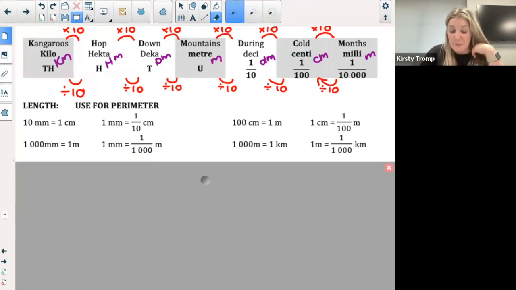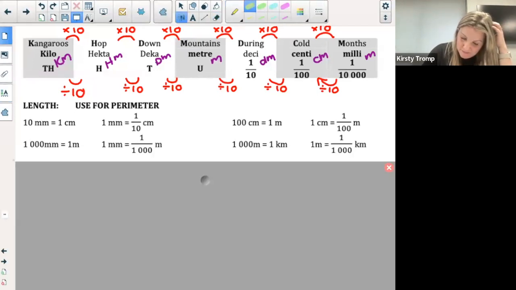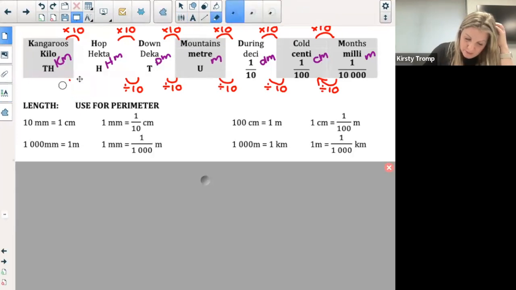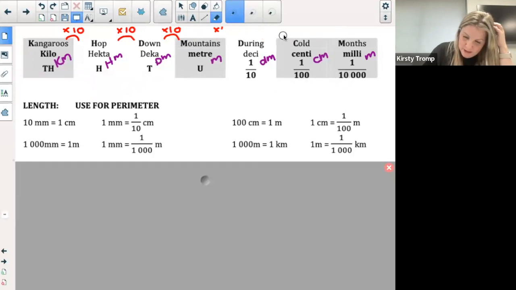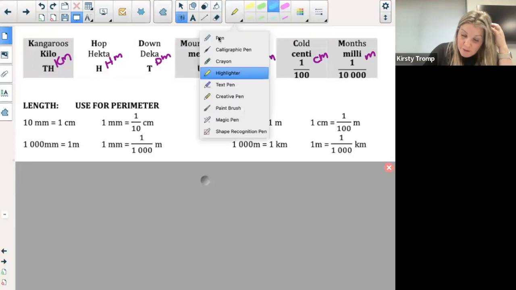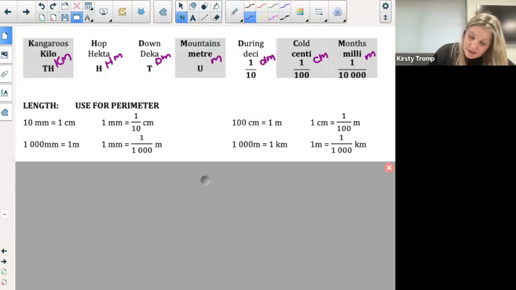Now we're looking at going from millimeters to meters. So here we are at millimeters. I'm going to erase a whole lot of stuff so we can see properly. So they want me to go from millimeters to meters. If I'm going from millimeters to meters, I'm going to go